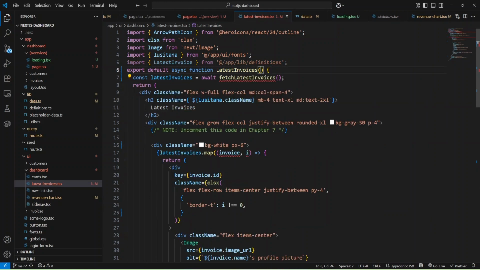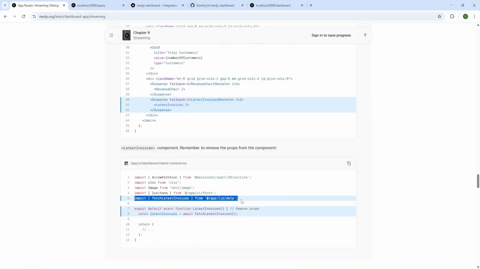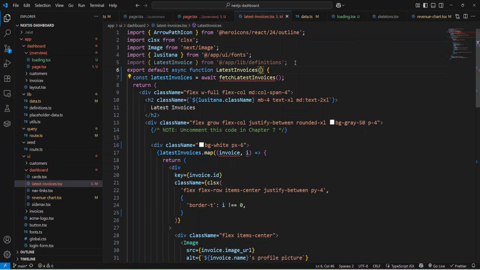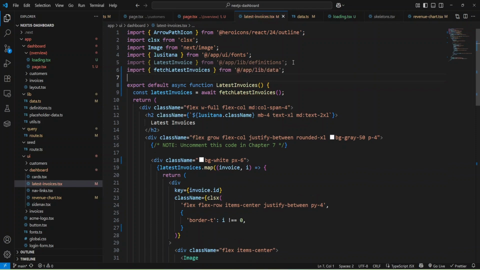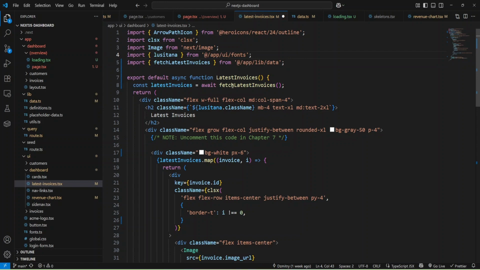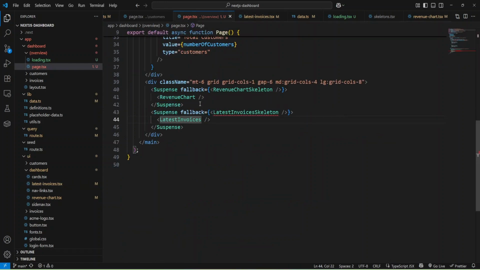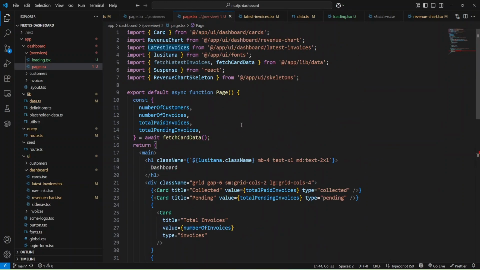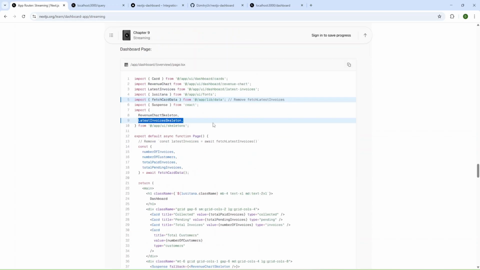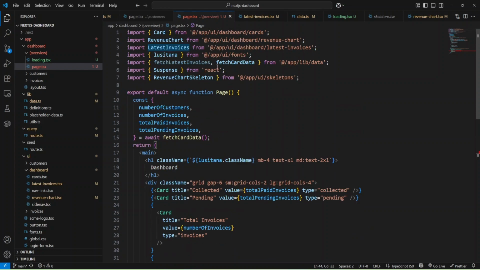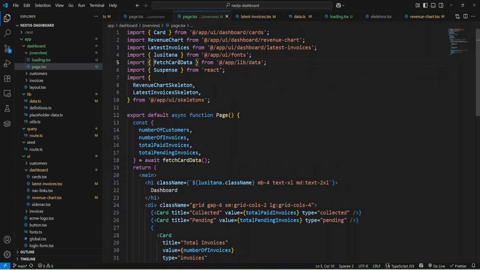Okay, and also add import here. Okay, and we can remove this types, and let's go here, and we need to import this skeleton here. Okay, and I'll just add it here, and we can remove page latest invoices.